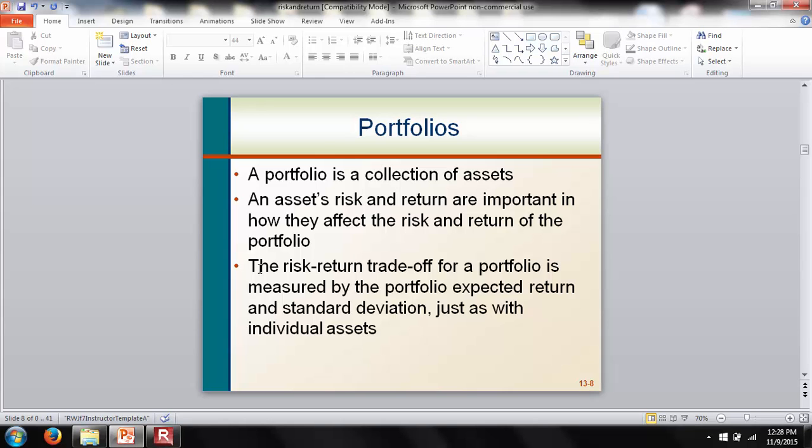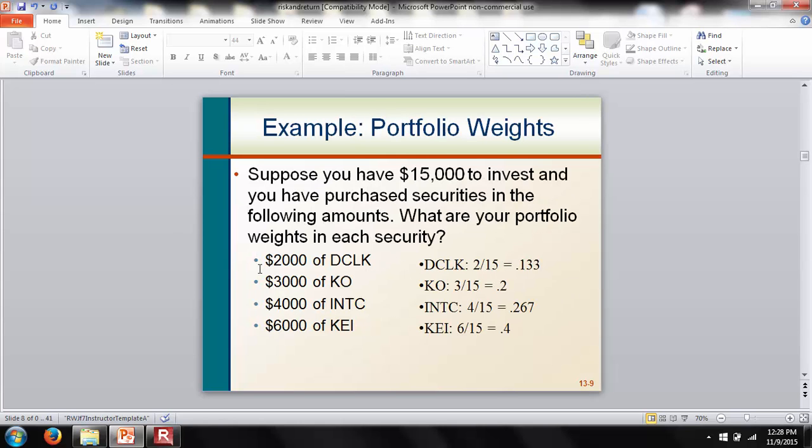So here a portfolio is a collection of assets, and an asset's risk and return are important in how they affect the risk and return of the portfolio. So here the risk-return trade-off for a portfolio is measured by the portfolio expected return and standard deviation, just as with individual assets. So here the first thing we are trying to do is that